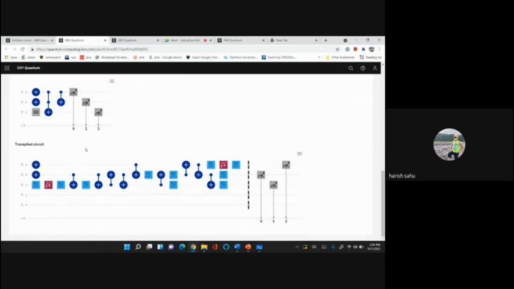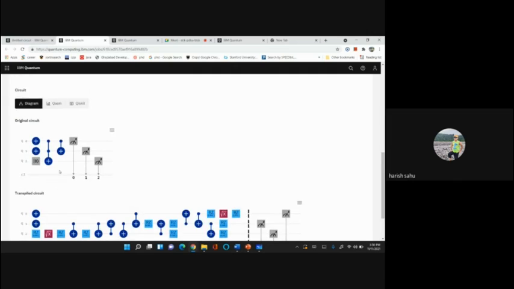First, see that our circuit was this, but the transpiled circuit became different. Are you able to see this here? Yes, sir, we can see. We only have these four gates, and in the actual transpiled circuit we have this many gates.